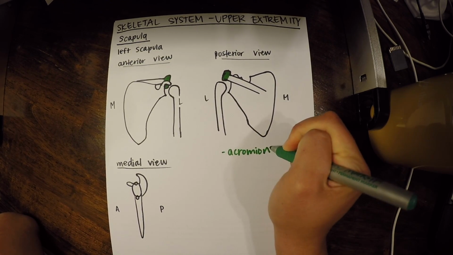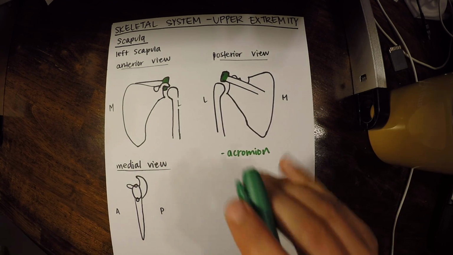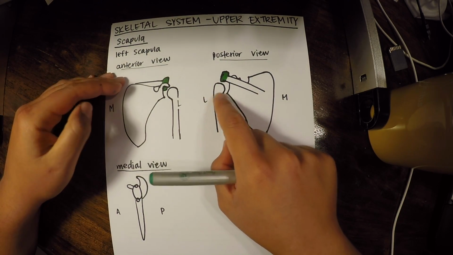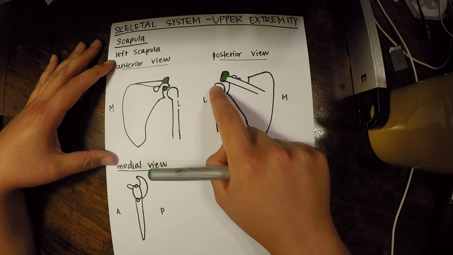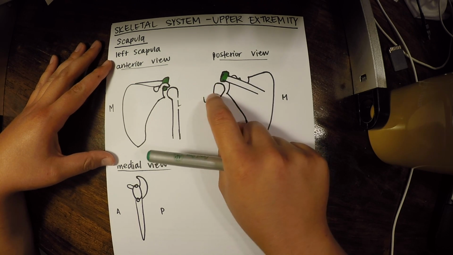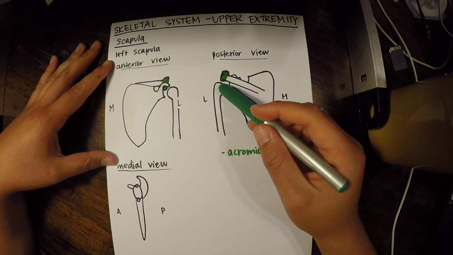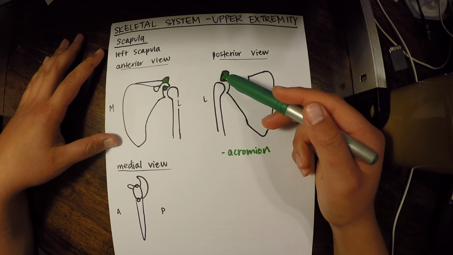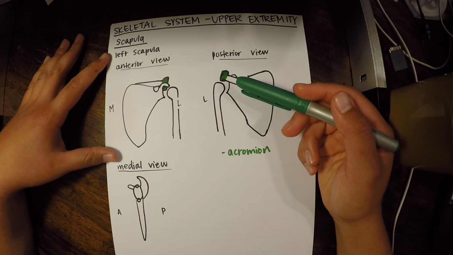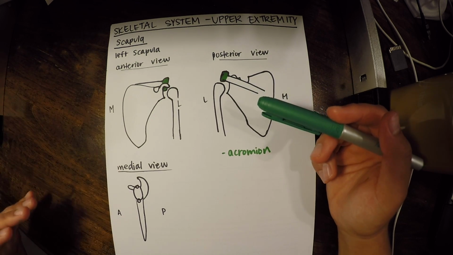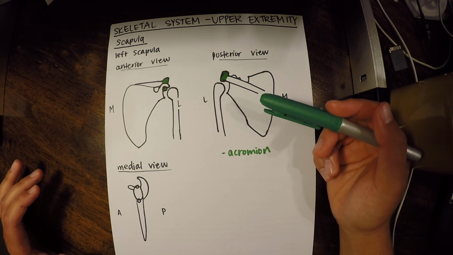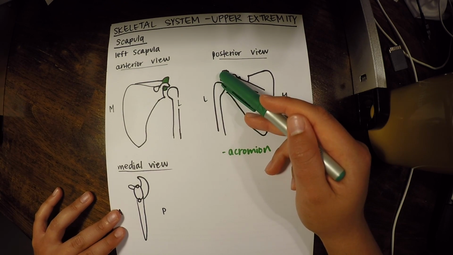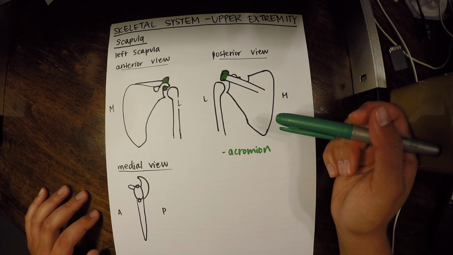Depending on the shape of your acromion, if it's a little more curved over our humerus, our arm bone right there, it can lead to some damage or breakdown of the tendons that pass over the humerus and under the acromion. So it's really important that one, we know where the acromion is, and two, we know what it looks like in imaging, because it can help us understand why people have certain injuries to the tendons that travel under the acromion.